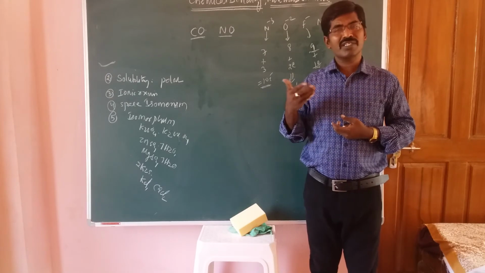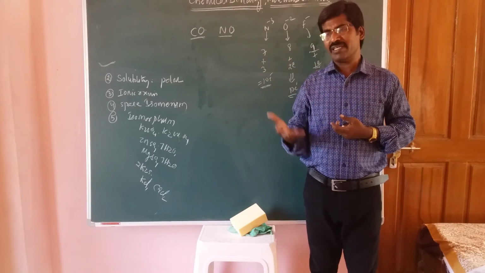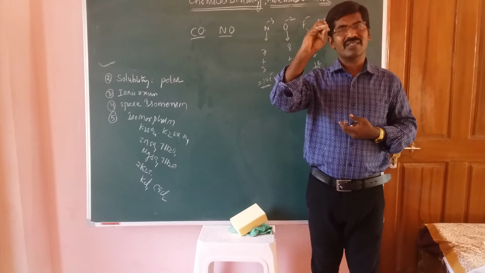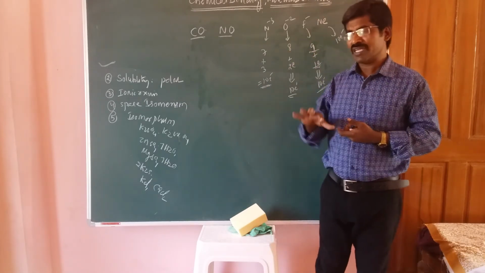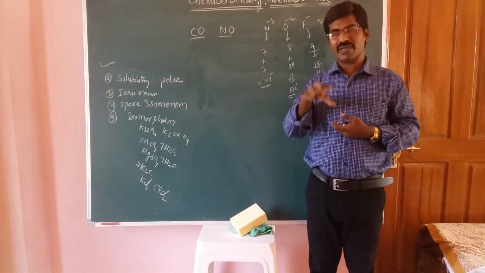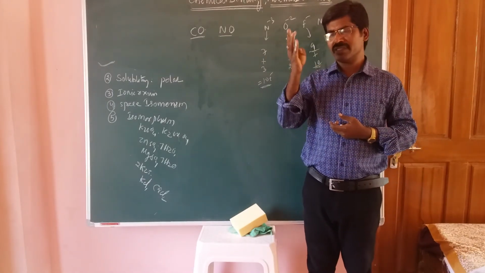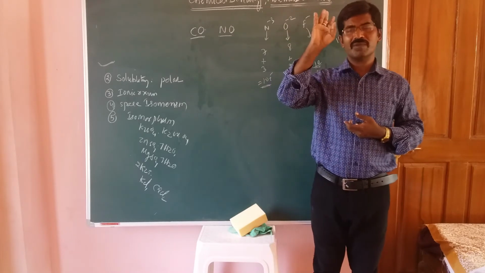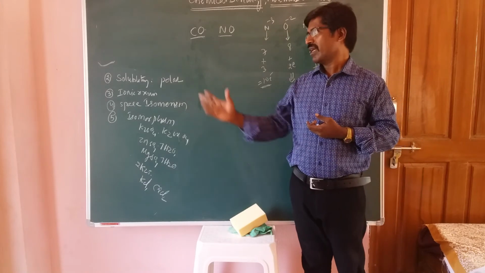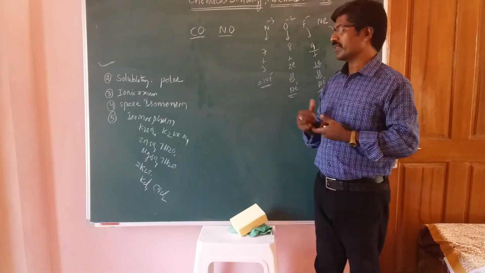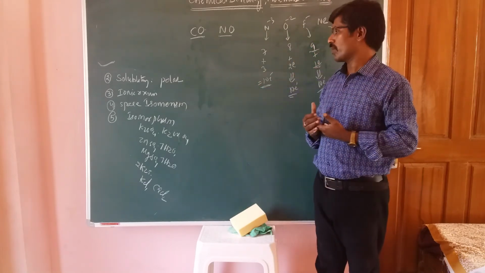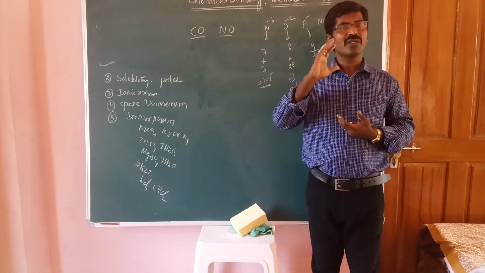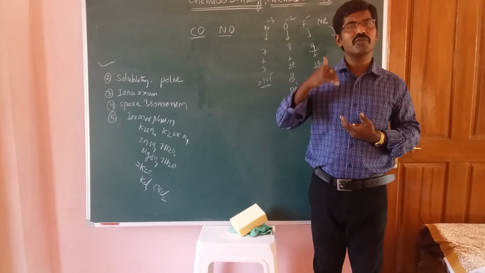So in ionic compounds, the maximum of the compounds are crystalline, and they have a high coordination number. We saw in our intermediate level coordination number 6, coordination number 8, coordination number 10, and coordination number 12 species. Next is the solubility property, which depends upon polar and non-polar nature. And then ionic reactions, meaning how these molecules dissociate into ions.